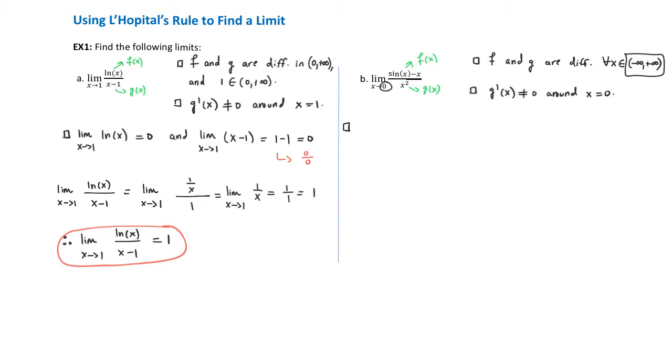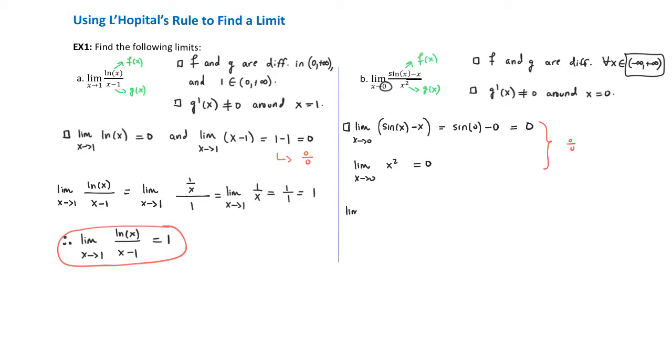So third investigation, the limit as x approaches 0 of sine x minus x. This is going to be equal to the sine of 0 minus 0, which is 0. And then we're going to look at the limit as x approaches 0 of x squared, which is just equal to 0. And this now gives us the indeterminate form of 0 over 0. So then L'Hopital's rule